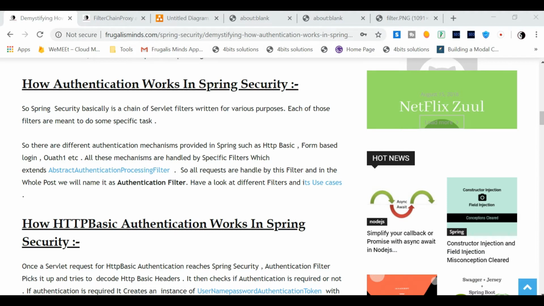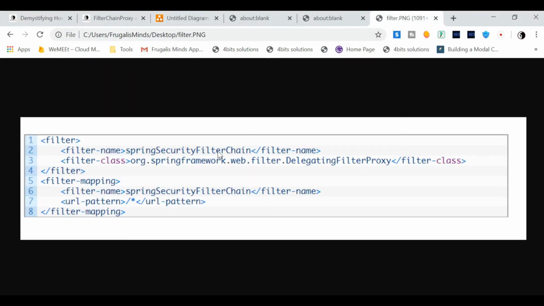Now in a normal servlet, we need to register the filters. In the case of Spring Security as well, we need to register the Spring Security filters. So let's see how we can register them. Once you have added the Spring Security starter dependency in your web app or Spring based application, you have to configure this. What does this say? It says that any URL pattern that matches this is the URL pattern that Spring Security looks for. On this URL pattern, we have to intercept all the requests, so Spring Security now tries to intercept all the requests with this URL pattern.